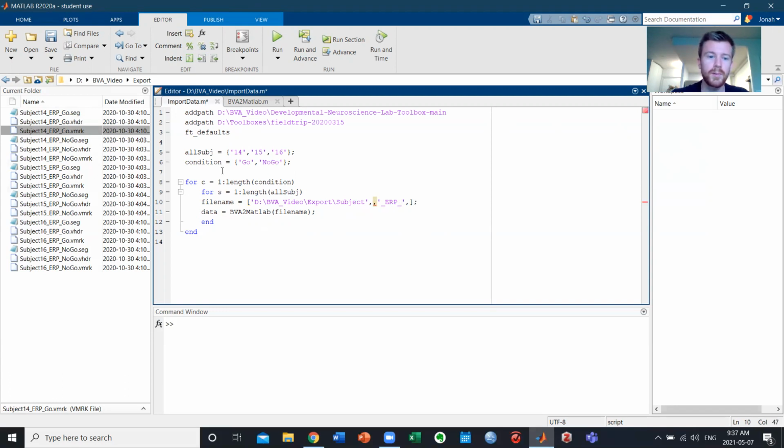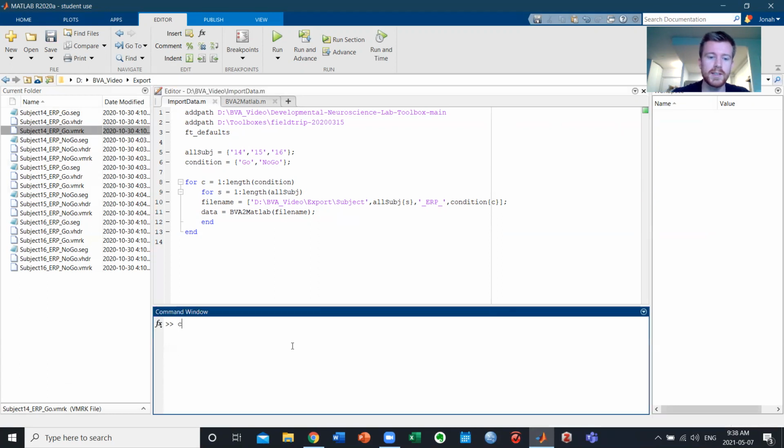And those things that I'm going to put are going to be indexing into condition based on whatever part of the loop I'm at. So actually, this is going to be the subject number. So all subs, and then I'm going to index into it with S. And then here, I'm going to go condition, and then index into it with C. And essentially, this should, let's see, if I say that C is 1 and S is 3, then this right